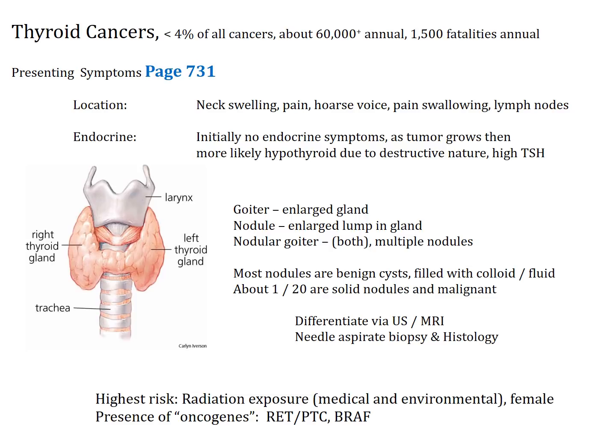So if you have an individual who you palpate a solitary nodule on their thyroid, what you're eventually going to want to do is differentiate that as being fluid-filled versus solid. And remember, the solid ones are the ones that are more likely to be cancerous. So we can use ultrasound, MRI, we can biopsy it and look at the histology and come up with a diagnosis as to whether or not this is a benign cystic nodule or a malignant nodular cancer.